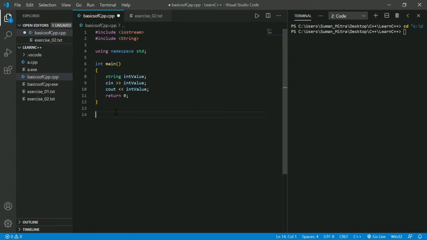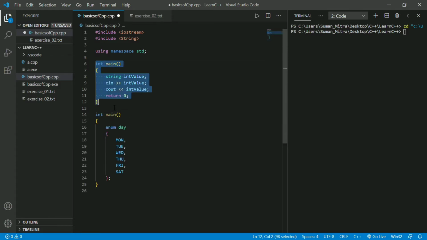I'll be showing you. I'll just copy paste one code. Let's comment out this. We write enum. Enum is the name of the data type, and this is the name of the variable. You can use anything. You use the curly braces and you write your values, whatever you want. You can write here any name. Once it is declared,